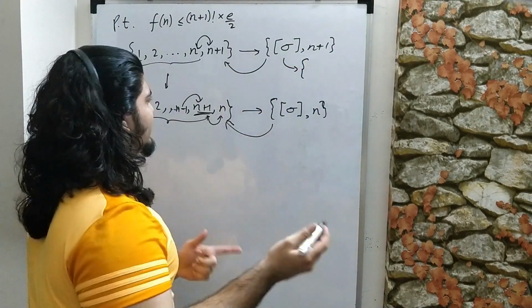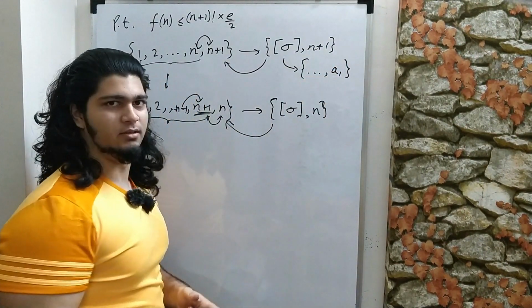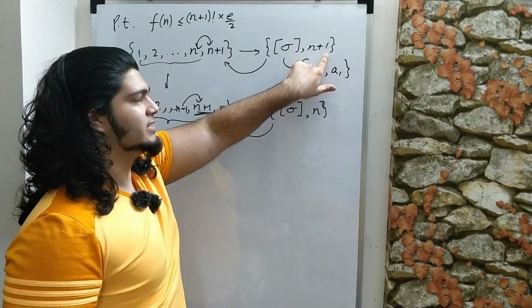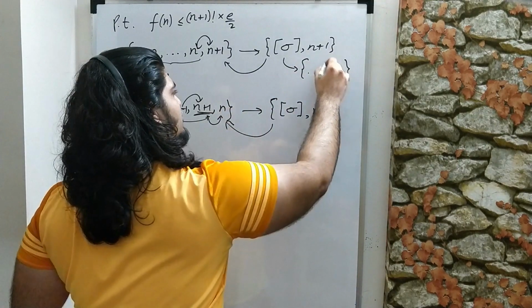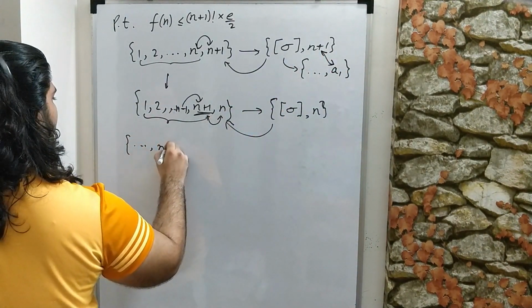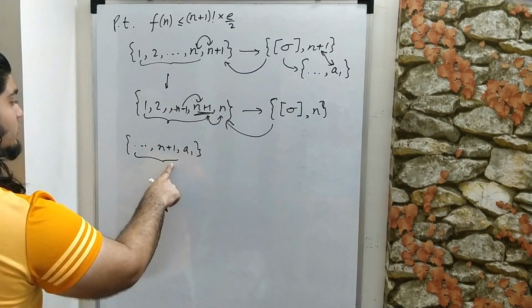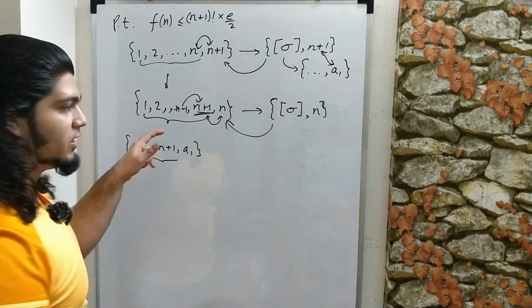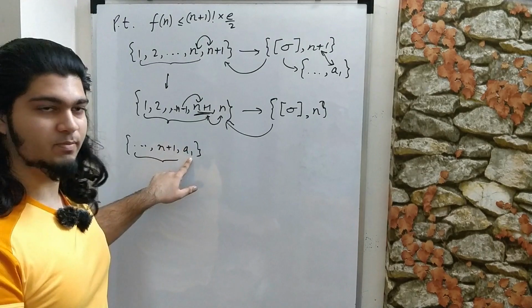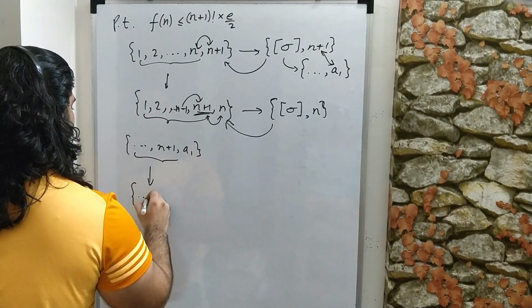have some last element, right? Obviously. So let's say the last element is a1, and a1 hasn't been in n plus 1's place so far. So what we can do is we can switch n plus 1 and a1 to end up with stuff, and then n plus 1 a1. Then we perform f of n switches on these n elements to cover all possible permutations of these with a1 in the last place, and then let's say we end up with some new sigma